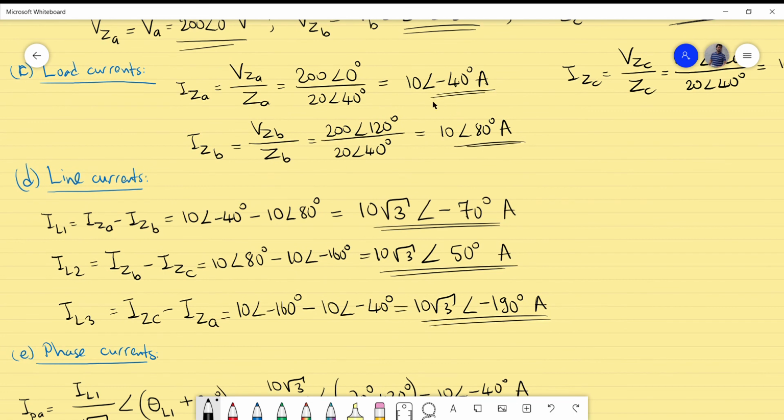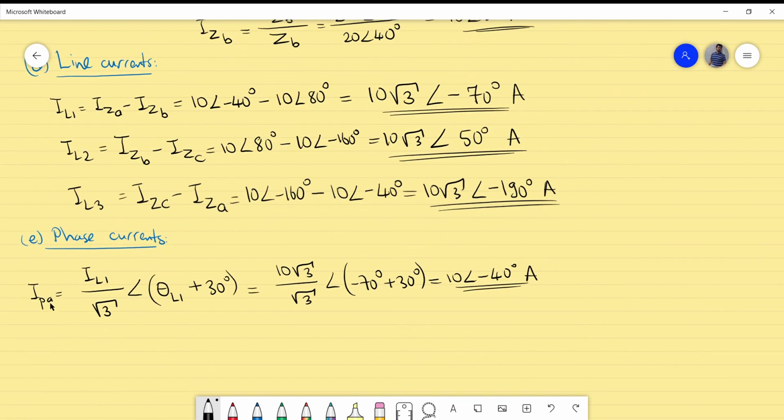So the load currents are exactly the same as the phase currents. So this is exactly as IZ of A. That's interesting. So I can use the same formula for the phase current